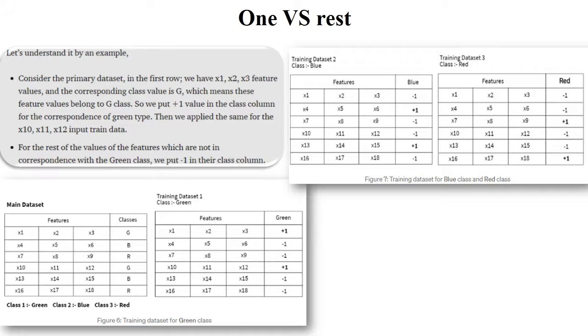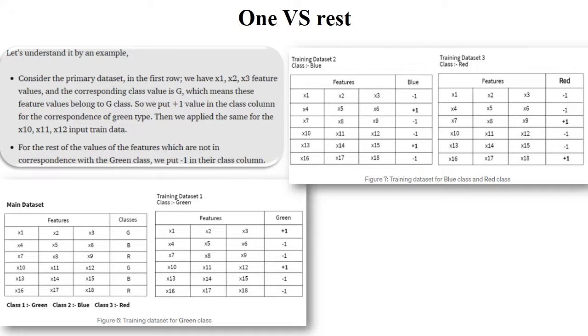So at that time only blue features represent +1 and remaining features are -1. And similarly for the third diagram, class red. So at that time only the red class represents +1 and the remaining classes represent -1. Okay. So we need to mention +1 and -1 as per your training data or as per your given data